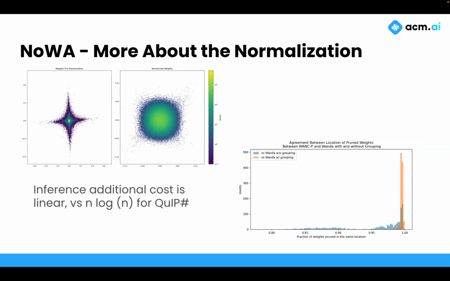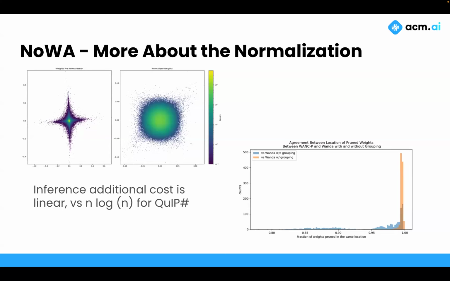A couple interesting points about this one is that, first of all, this kind of normalization does something very similar to QuIP's mu incoherence process. On this side is the weight pre-normalization, and this is the one post-normalization. So it distributes it in a ball shape, which is good for quantization. The second is Wanda prunes, as I mentioned, on an output group basis. So basically, among each output channel, they prune P%. Our normalization actually does a very similar thing to that without having to enforce the P%,